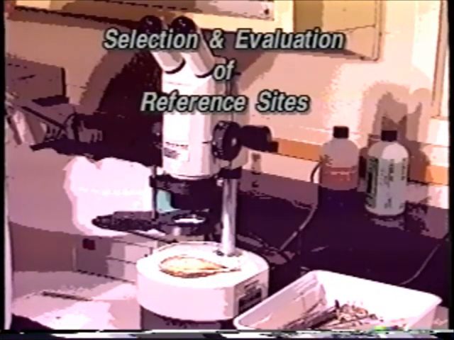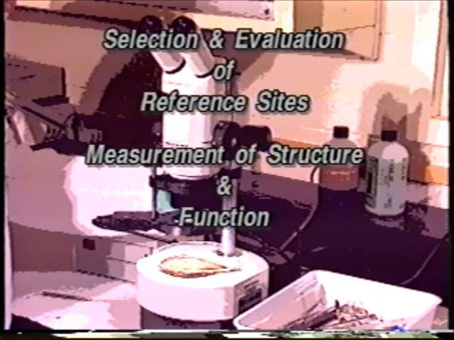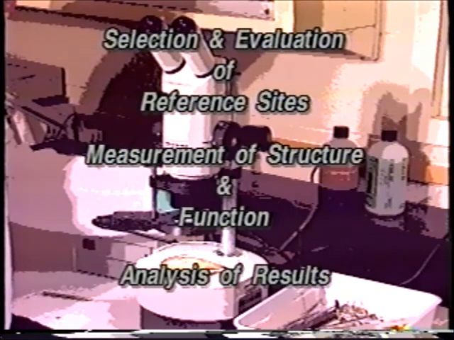To support the quality and reliability of the biocriteria process, we must also take into consideration 3 very important activities. The first is the selection and evaluation of reference sites to support development of biological criteria. The second is the proper measurement of the structure and function of the aquatic community at reference and subject sites of comparable habitats. And the third is the analysis of the results of the biological survey of the subject water body to determine impact and to determine attainment or non-attainment of a designated use. Let's explore them in more detail one at a time.